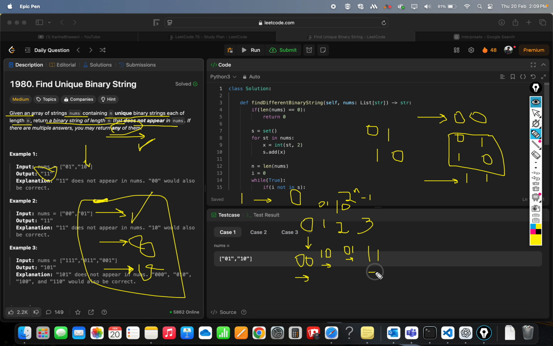Okay, so then we will have to put all these strings inside a set. We can use a set for this, and then we will iterate through this array. Or no, not this. We'll put these strings in the set, and we will iterate through these strings, and we will check that okay,